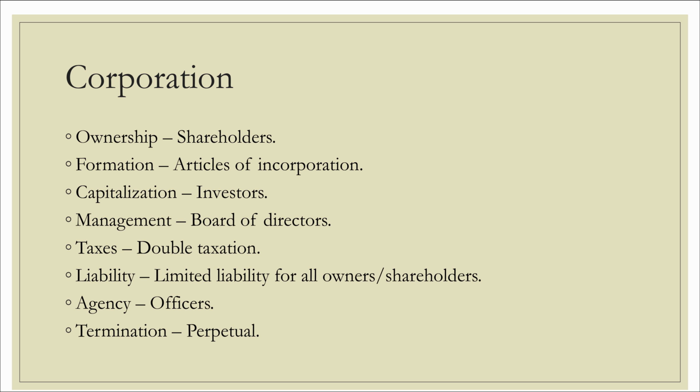Shareholders vote for the board of directors, who in turn elect the officers of the corporation to operate the day-to-day business of the corporation. The drawback to corporations is that the income of the corporation is taxed twice. The corporation exists perpetually, meaning that the corporation will not dissolve upon the death or withdrawal of any of its principals. So an example of this would be there are 5 friends, and they all